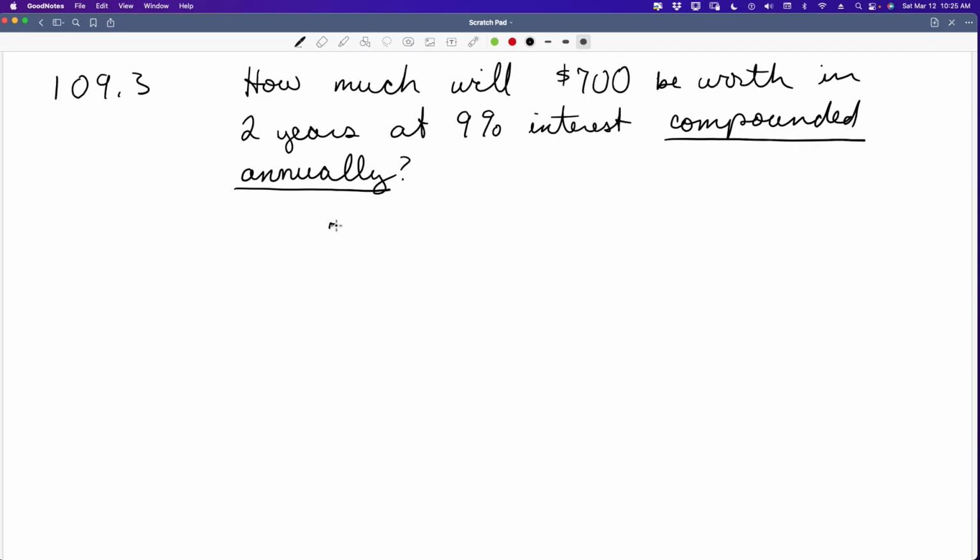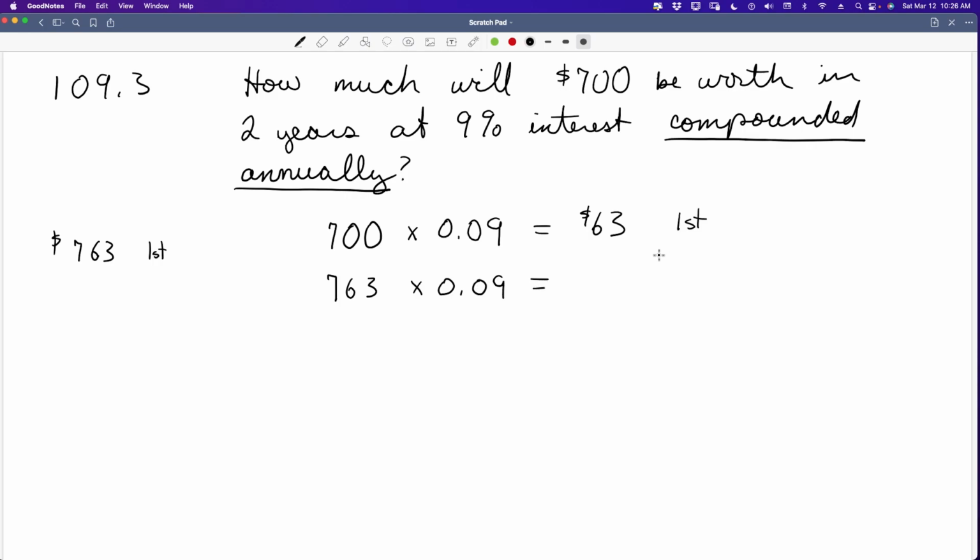So 1 year after the $700 is deposited, it's going to be multiplied by that 9% in decimal format, which is 0.09, and the answer or the total for that is going to be $63. So this amount of interest is the first year of interest. So you add the $63 to the $700 and you get $763 at the end of the first year. Now we take that amount at the end of the first year, and at the end of the second year, we do the same interest calculation, only we use the new amount, not the original amount. And we multiply that times 0.09, and that interest is